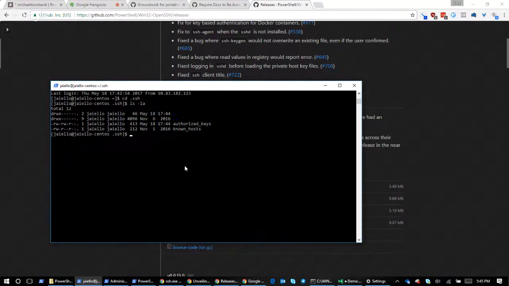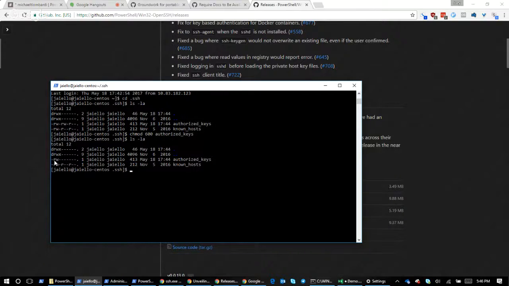So I don't want anyone in my group to have read-write, and I don't want anyone else in the machine to have read, right? So what I need to do is I need to chmod 600 authorized_keys, which will say that, so each of these, this is an octal, the 600, so the 6 means I get read-write, the 0 means my group gets nothing, and the 0 means everyone else gets nothing, right? And so now this is rw. Great, let's log out.